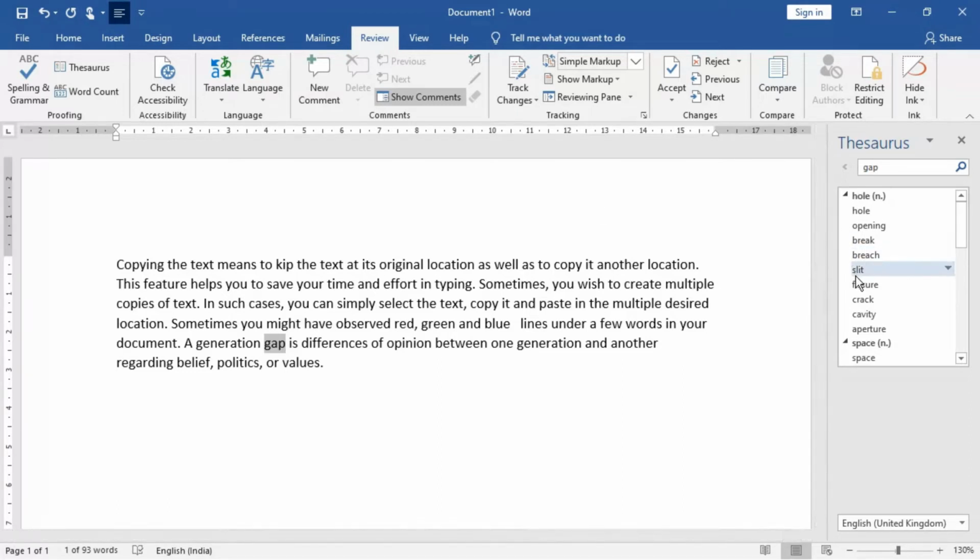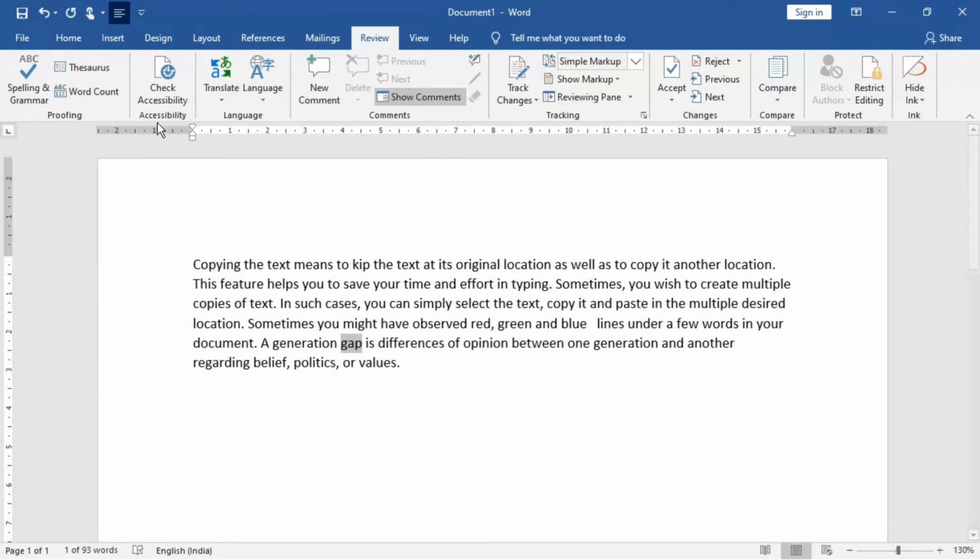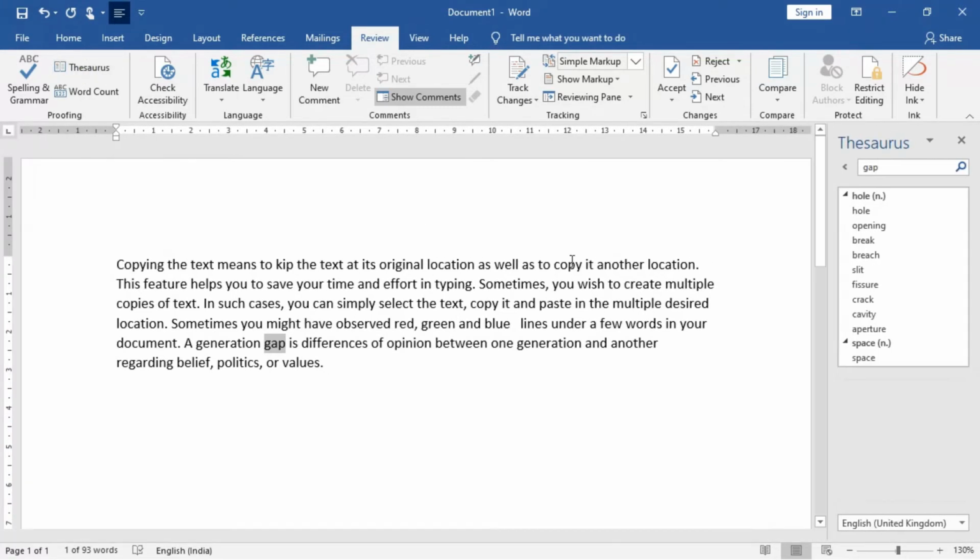This is the Research task pane. From here you can choose the word. Suppose I am taking the word aperture, and then this is the one, and then we can close it here. Going back once again to the thesaurus and coming down here, we take any word.